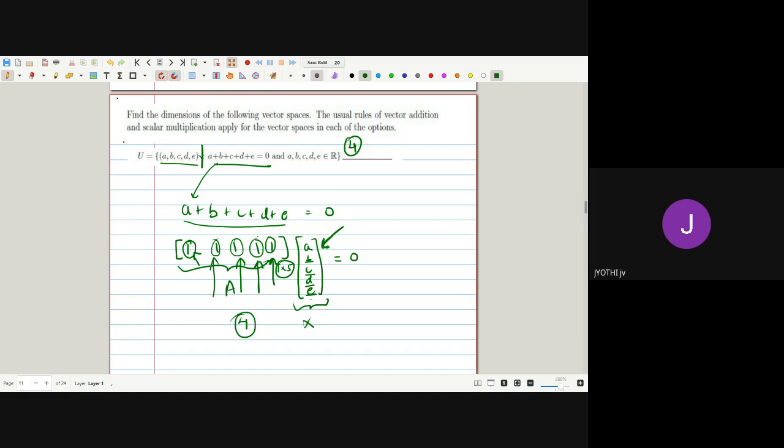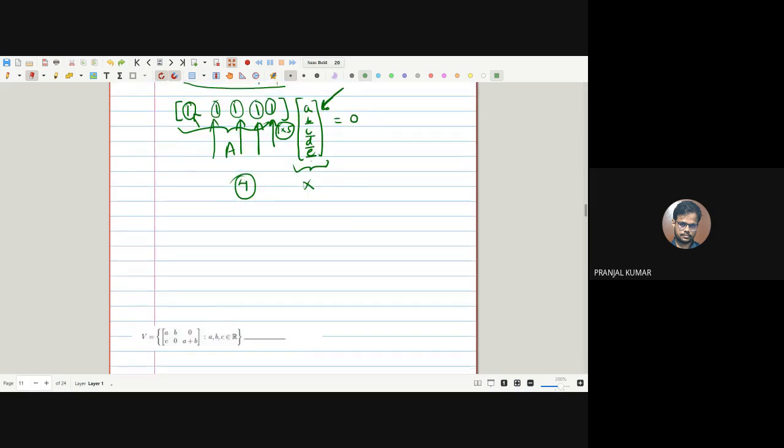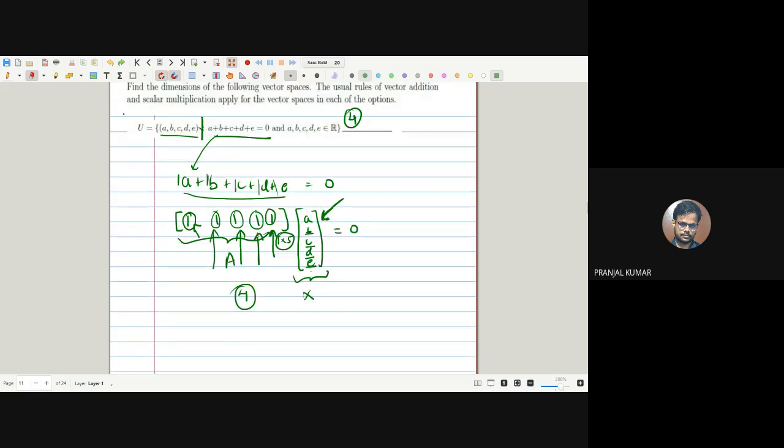How you can write it like 1, 1, 1, 1, 1 for A. I just took the coefficient as 1 to write this. So this is one method. If you are proficient, then you can come up with this. But if you are not, then what you need to do is, right now there is only one equation given. Suppose there was one more equation given,